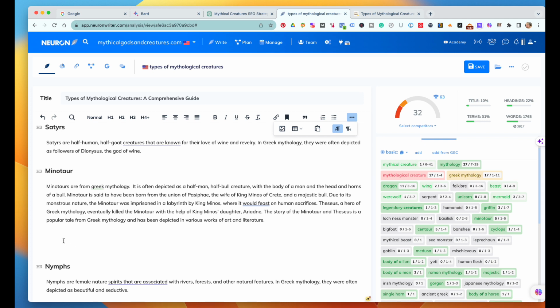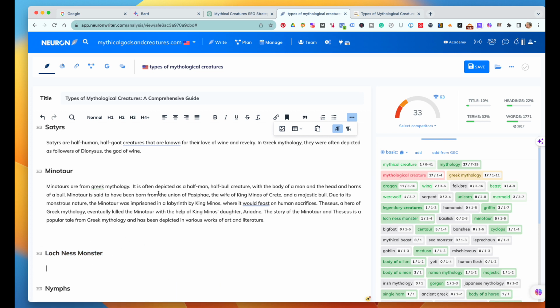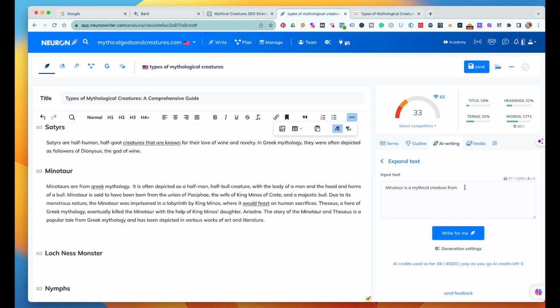Put the Loch Ness monster here. Spell it correctly. Make that an H3. Put it right there, and then come over here to our writer. And we will put in here